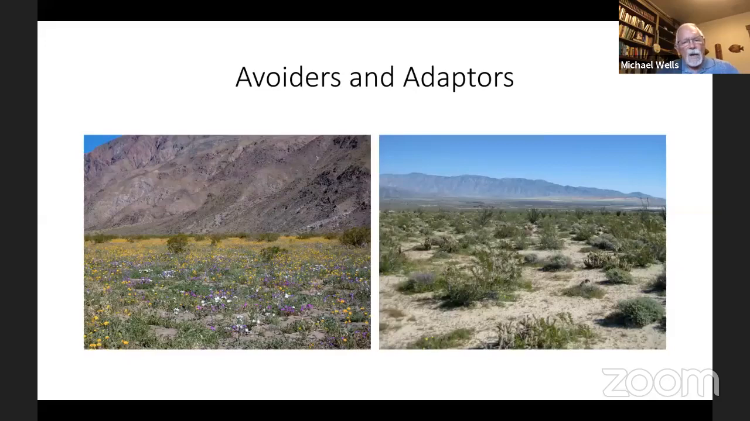In plants, basically there are two strategies to survive in the desert, and we call these strategies avoiders and adapters. If you've ever been out in the desert, say in 2019 or 2017, when we had good rainfall, in the springtime it's just packed with wildflowers. But if you go out there in the middle of the summer, or in a dry year like this year, you're not going to see them. They're not going to be there because they're just surviving as seeds in the soil. They're not actually